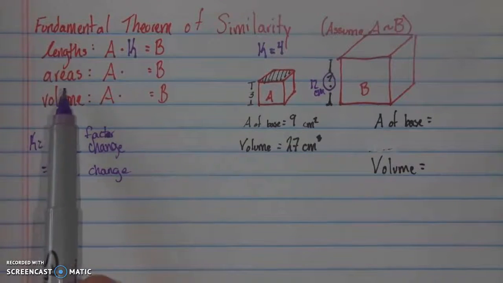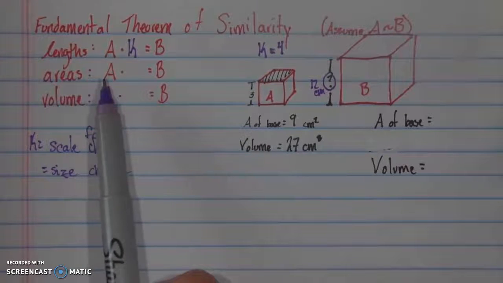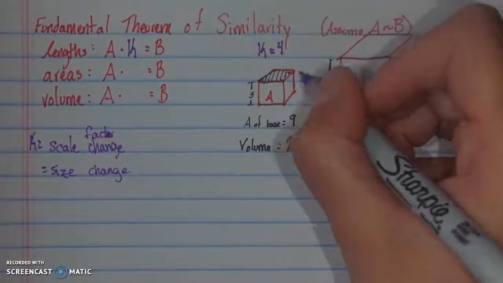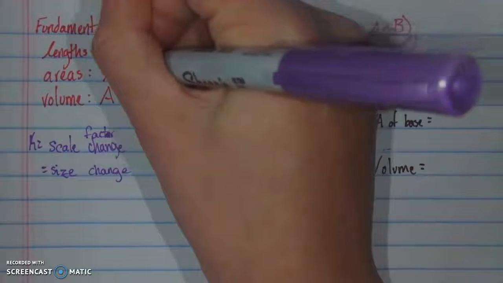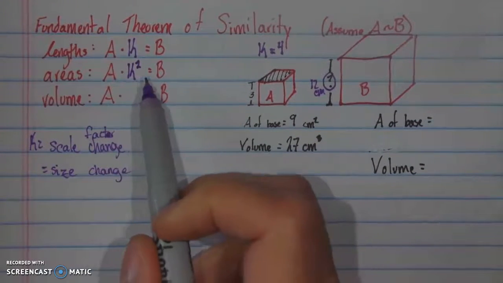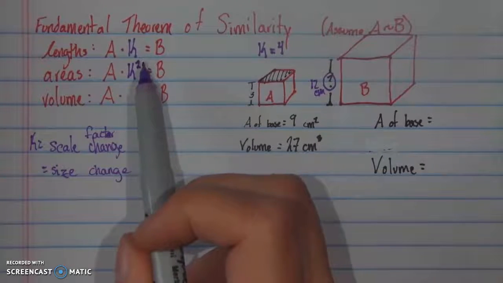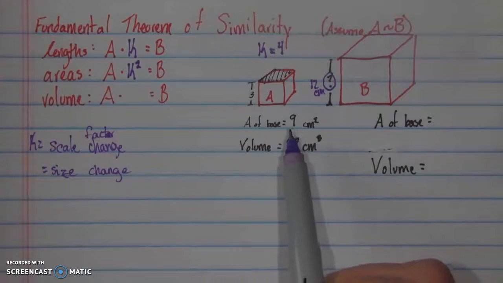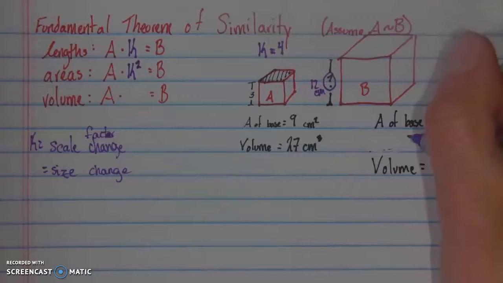Now when it comes to area, like let's say the area of the top of the box, things are going to be slightly different because you're changing the length both this way and this way by a factor of K. That means rather than multiplying by K, we're going to multiply by K 2 times, which can be shorthand written as K squared. You can also remember that since you're in the second dimension, it's going to be squared like the units are squared. So what that means is if I have the area of the base that was originally 9, I will take my A